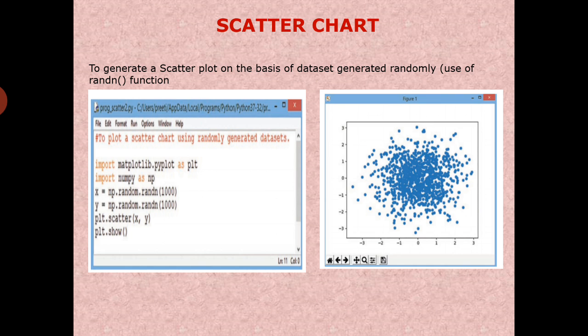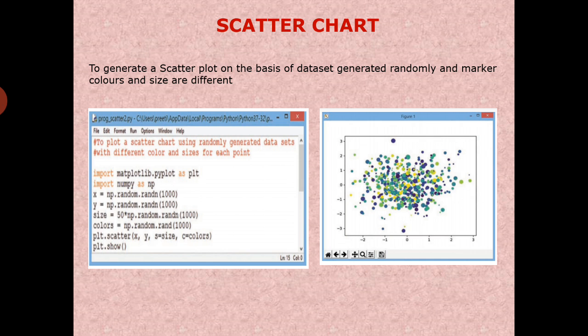The statement x is equals to np.random.rand 1000 and y is equals to np.random.rand 1000 will generate n number of datasets using the rand function from numpy library. The statement plt.scatter x, y will create scatter chart of two lists. Since we have not mentioned any color for marker points, it will display the points in blue color by default.